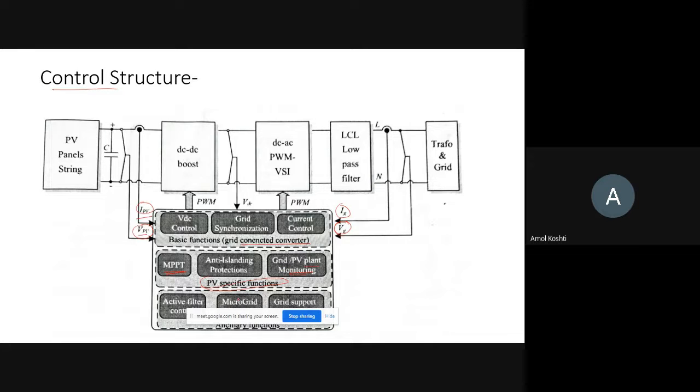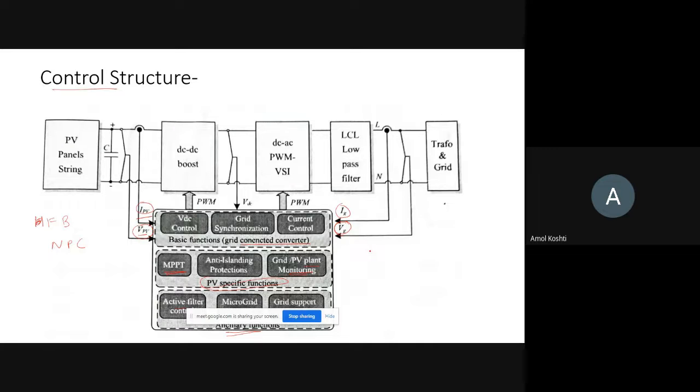And the third one is the ancillary functions. Ancillary functions means here we have filters in the circuit for reactive power compensation and all this. So here we have active filter controllers, grid support system, and microgrid. So these three functions are present in every system. If you take the basic full bridge inverter, or the NPC inverter, in every inverter structure, we have these three control functions.